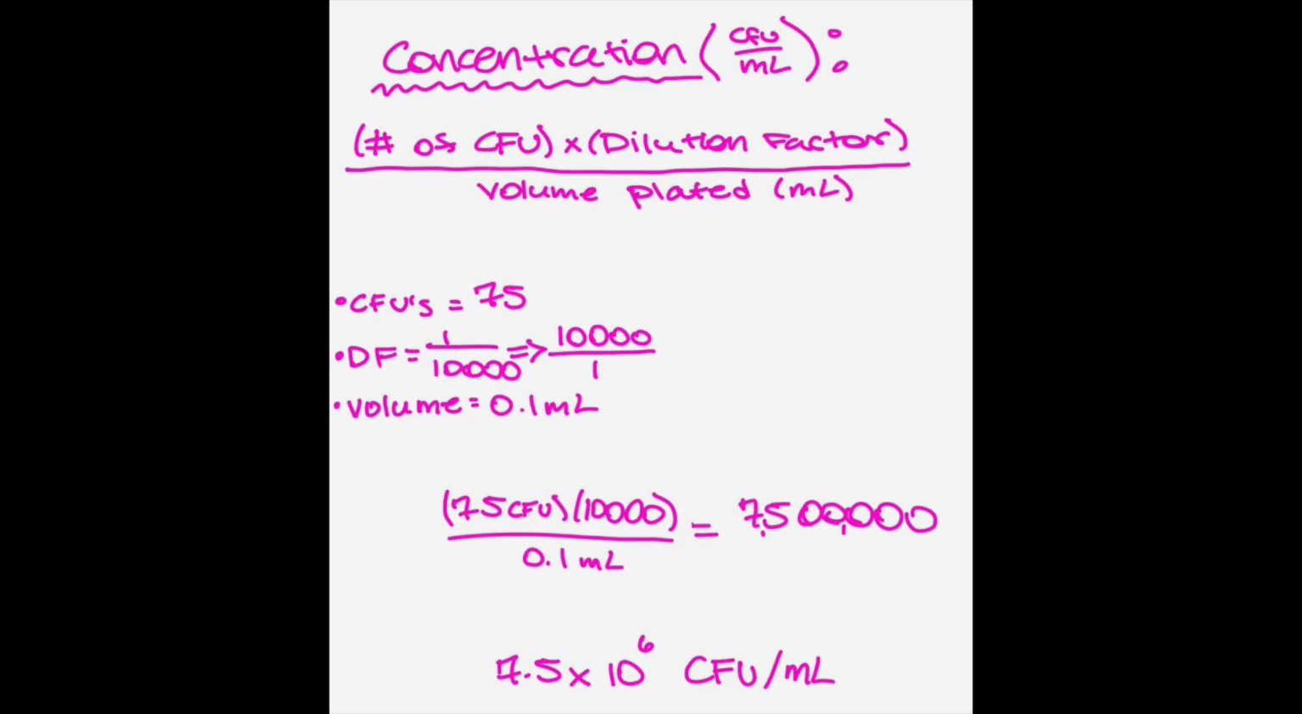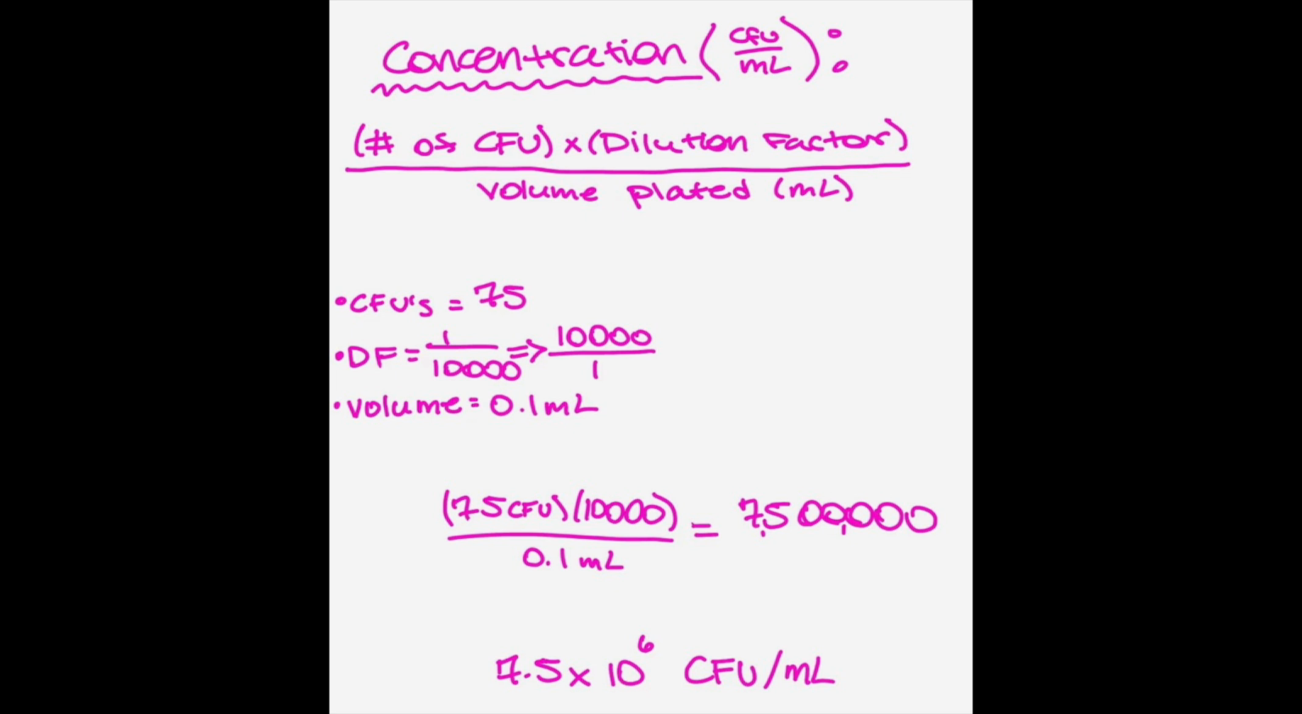So for my example, my plate grew 75 colonies. The dilution factor is the reciprocal of the dilution equation. So if it's 1 over 10,000, the dilution factor would just be 10,000, because the reciprocal of that is 10,000 over 1, which anything over 1 just equals the number itself. So you'll multiply 75 colonies times 10,000, all of that over 0.1 milliliters. The answer you'll get is